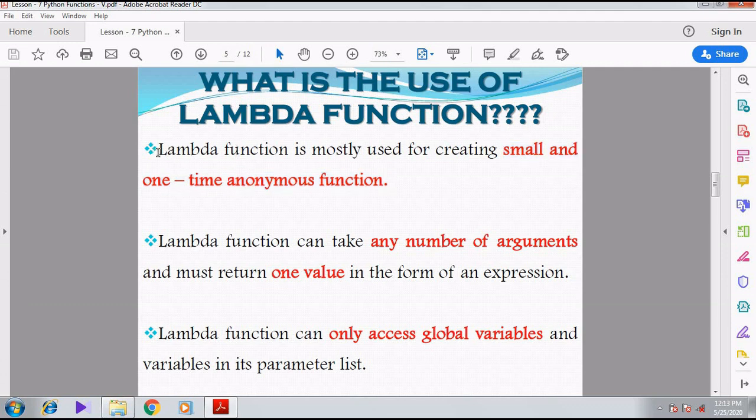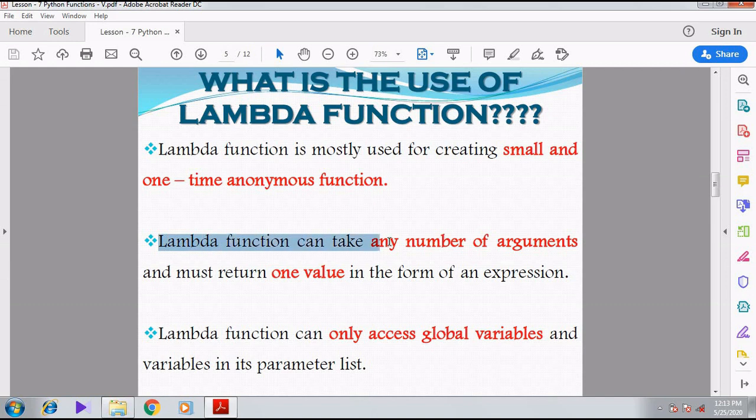So it is used for a small purpose, as well as for a one-time anonymous function. Right. Then what is the other usage? What is the benefit or advantage in lambda function?